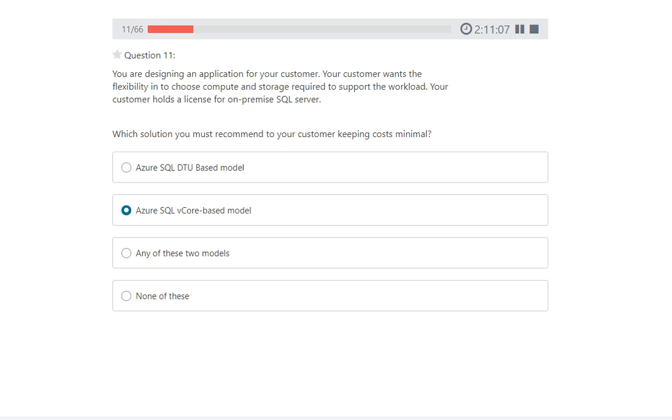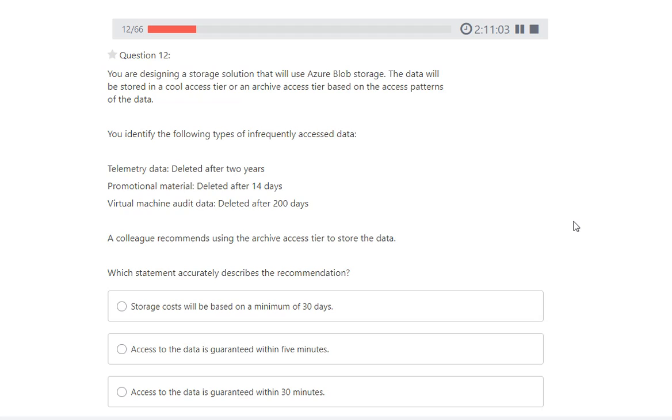Okay, next question. You are designing a storage solution that will use Azure Blob Storage. The data will be stored in a cool access tier or an archive access tier based upon the access pattern, right? So we have three types of data that will be used infrequently: telemetry data, promotional material data, and virtual machine audit data.